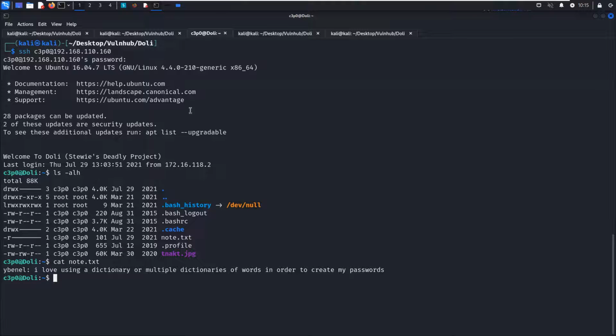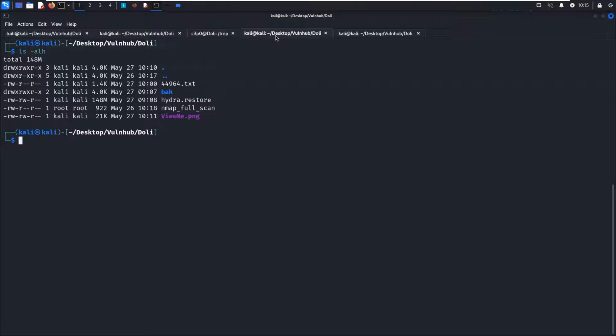Yeah, I love using a dictionary or multiple dictionaries of words to create my passwords. So of course, maybe this user used a dictionary to generate the password. However, when I did the machine the first time, I failed to decrypt it. Anyway, next we can upload the LinPEAS shell script to do the automatic enumeration. We can copy it from my tool sets,